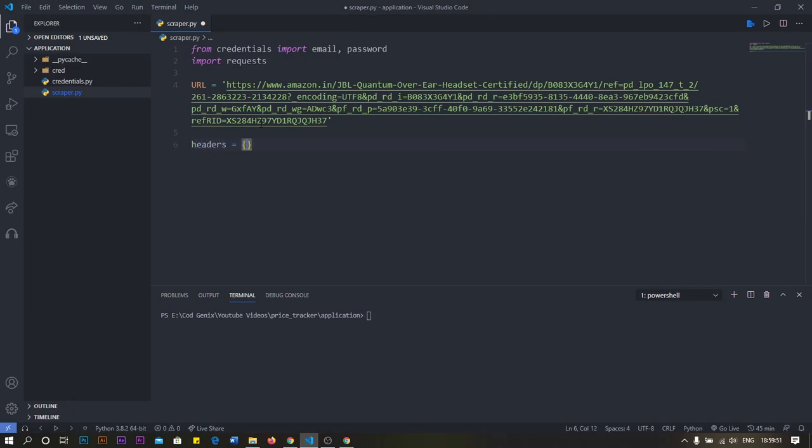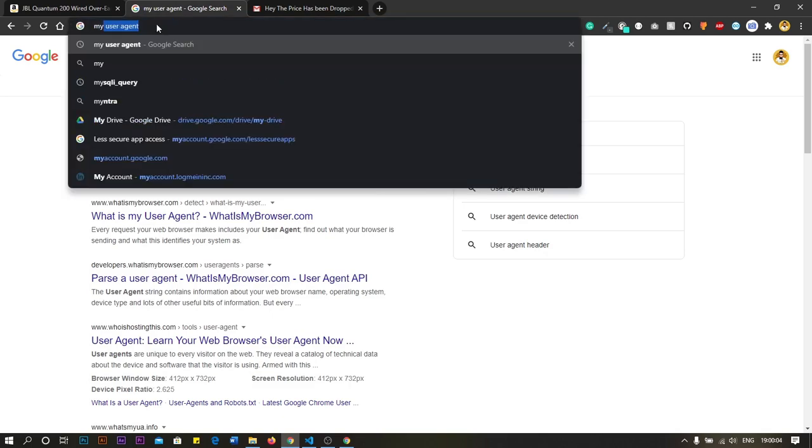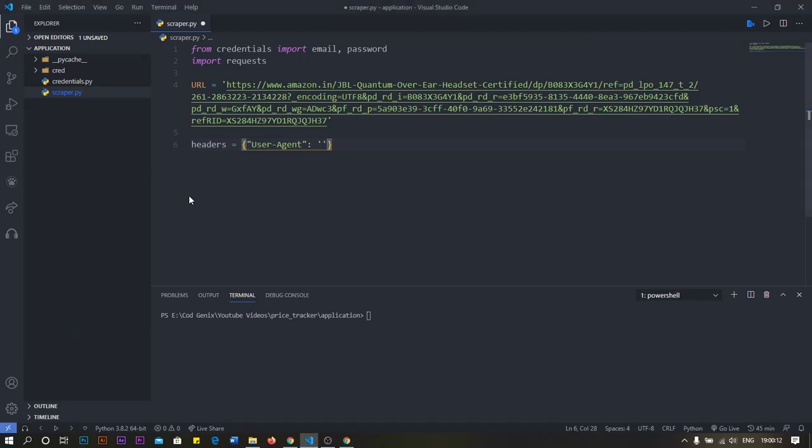The dictionary that we need to enter has the key user agent. You can find your user agent by going to your browser and searching for my user agent, copying it completely, and pasting it in your code. So now you have your headers as well.